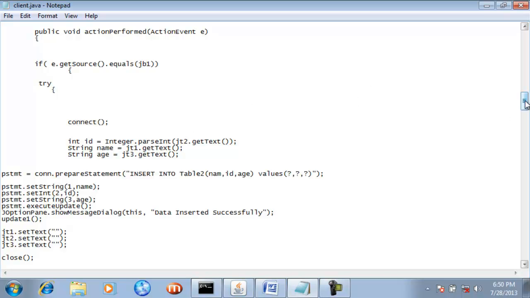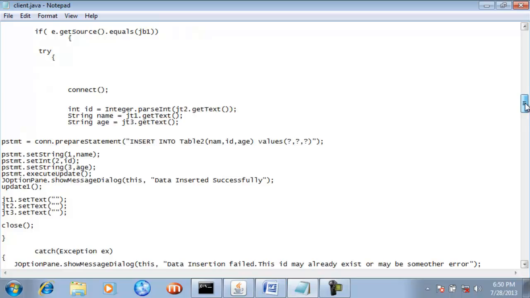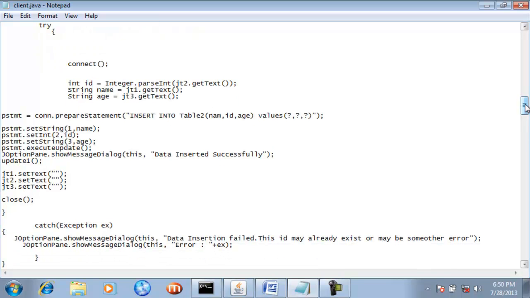This is the entire try and catch block. In the start of this, we have used the connect method to create a link between the MS Access database and the Java application. So first we have created a new link.